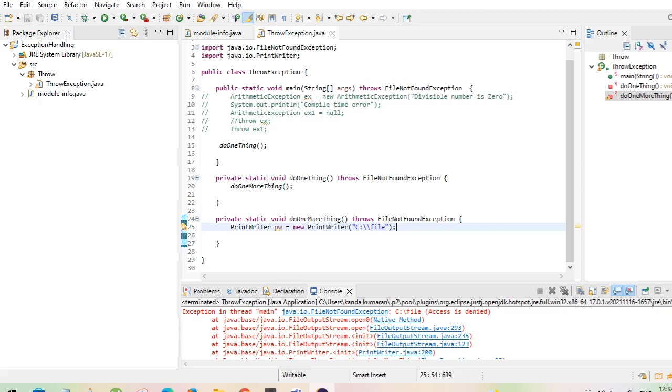So this is about the throws keyword, and using this throws keyword only checked exceptions can be handled.